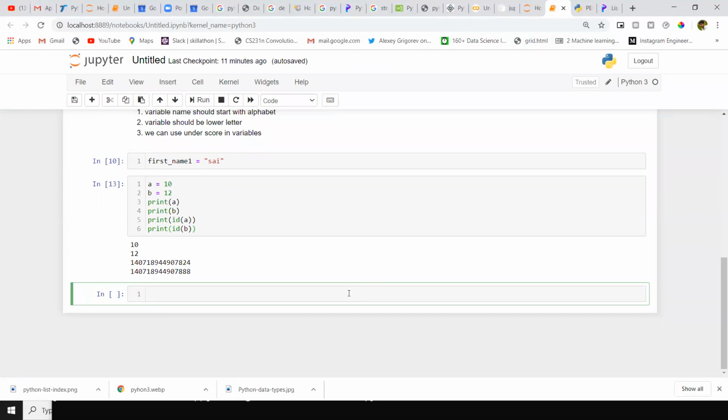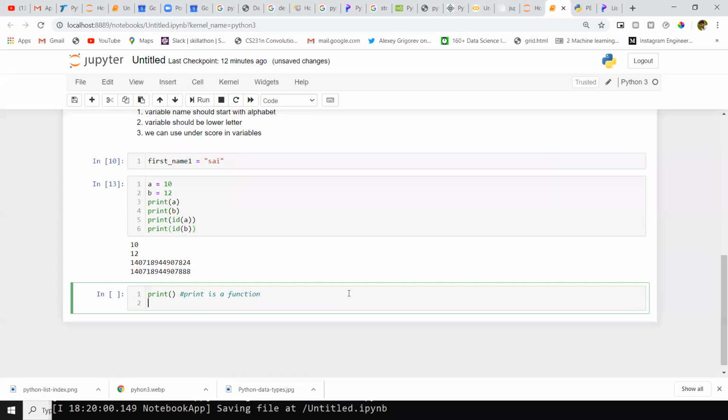Now, in the last class, I gave some overview of the print function. You may get an interview question: what is a print statement in Python? You have to say print is a function. In Python 2, it was a statement. In other languages, printing the output to the screen is a statement. But in Python 3, print is a function.